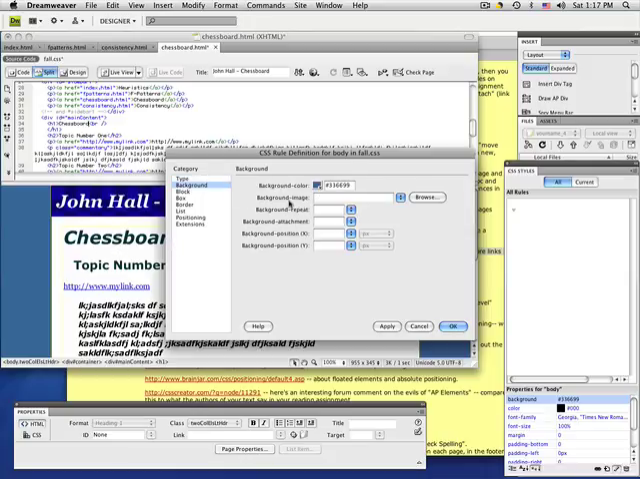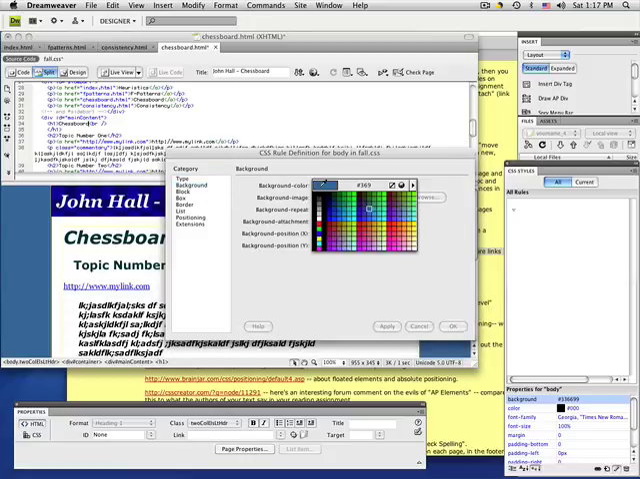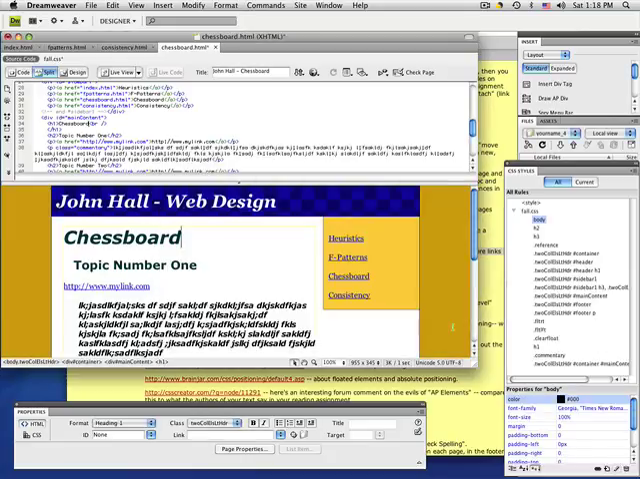But we want the background color. Never mind about that. We want the background color, and here's where background color is. It's not under type, the first color that you see. It's under background. And so let's swap that out to a little more autumnal color. Sure, something like so. And there it is. There's our overall background,